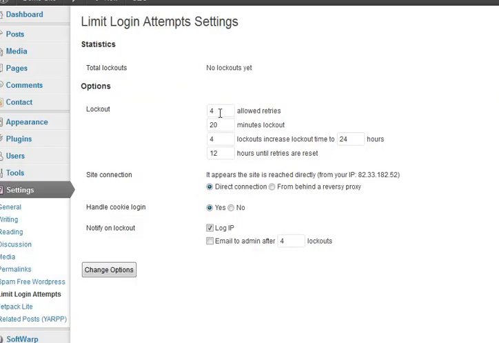Basically what it does, it allows them 4 times to try. This also applies to you, so you need to remember your password, but you should have that saved in your browser or somewhere safe. So they get 4 retries. If they don't get in those times, they're locked out for 20 minutes. That'll stop most hackers,